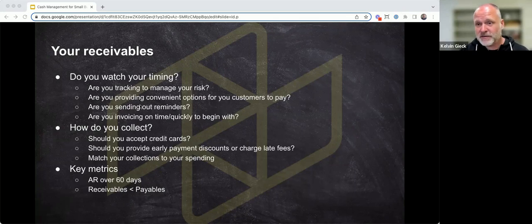Outside of the timing, another key area to focus on when you're looking at receivables is how you're actually collecting payments. As we already kind of alluded to earlier, providing payment options to your customers might speed up the AR collection, but there's other areas that we can look at. A key question that I get quite a bit is, should I accept credit cards instead of cash? And this is really common for business owners, and I often see them shy away from it because of the 3% plus fees that credit cards typically charge, or more in some cases.